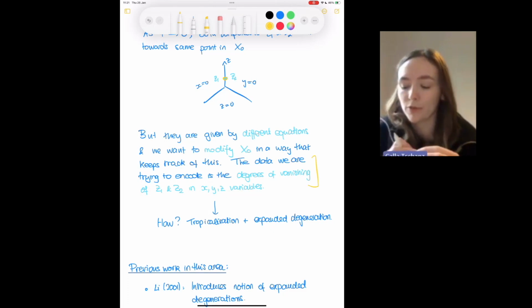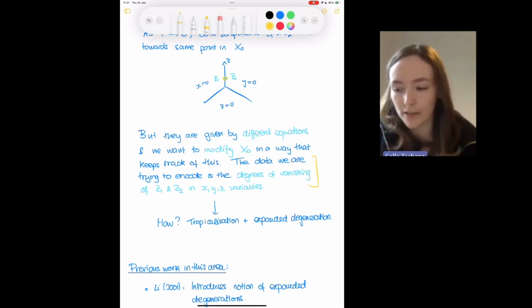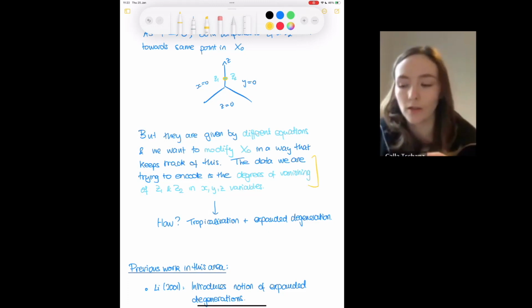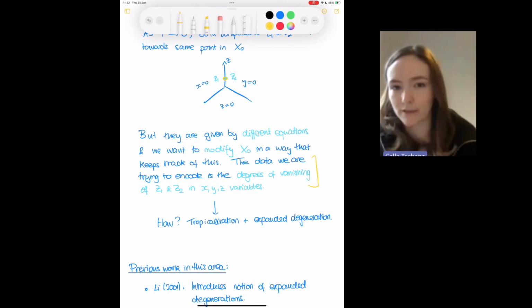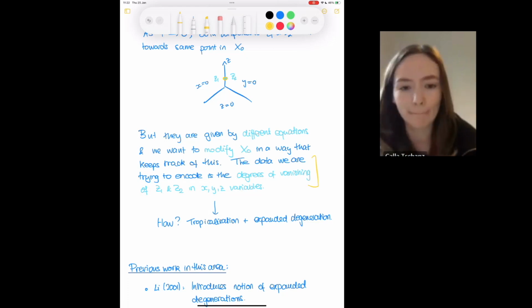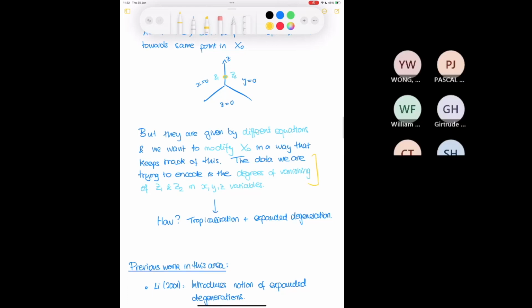Yeah, I want them to each land in the smooth locus of some component, and also if they're given by different equations, by different degrees of vanishing in the x, y, and z, they should land in different components. So I should be able to look at this modification and look where they land, and I should be able to just tell you it was this family. Like I can write down the equation just from looking at that. Okay.